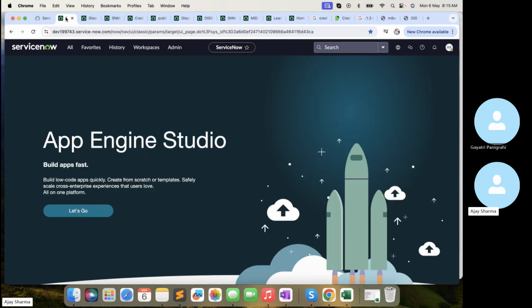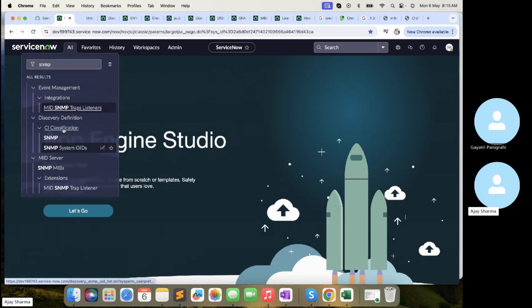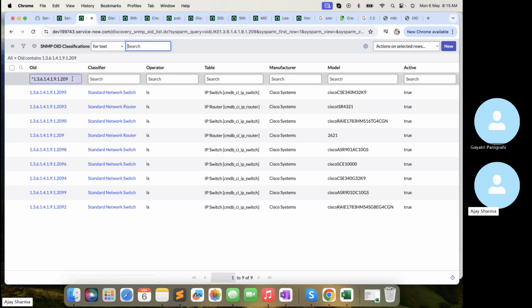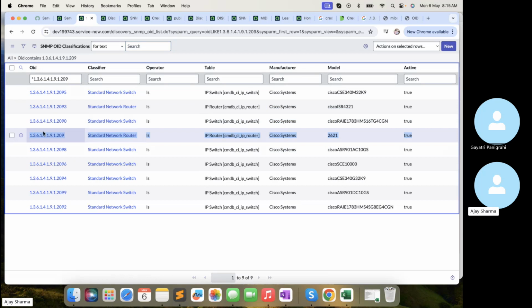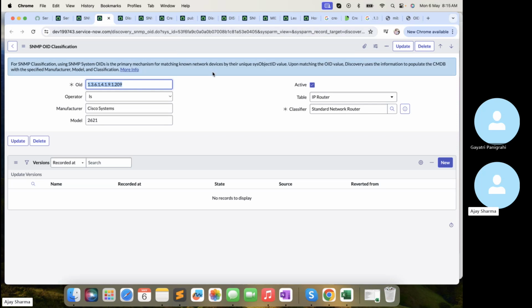Let me showcase you one thing here, that is SNMP. Now you can see under CI classifications, there are two things, SNMP and SNMP system OIDs. In the system OIDs, if I search for this, you can see 209. See, this is the one that is triggered. Based on that, it's going to be identified. Now you can see this is the OID. The manufacturer is Cisco Systems, right? The model is 2621. The table is IP router, where it's going to be populated, and the classifier it's triggered is